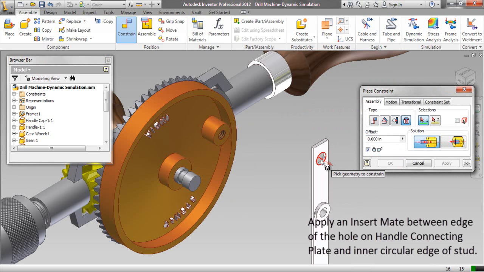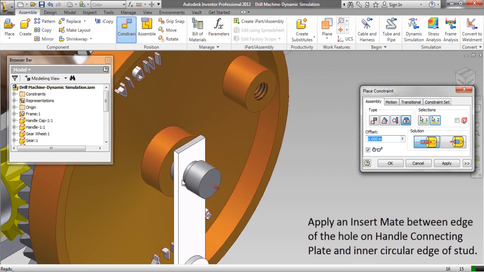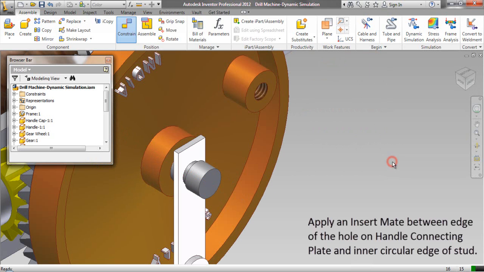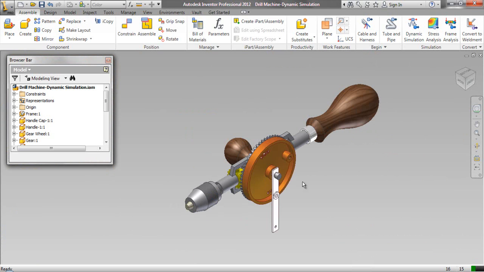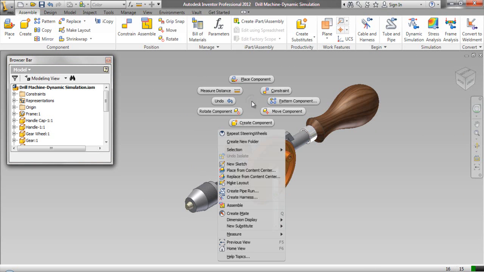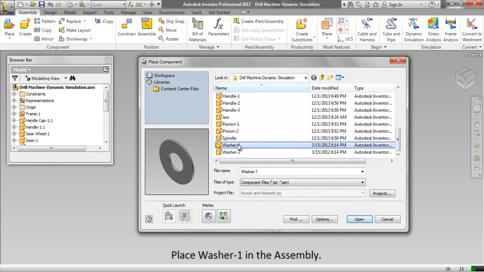Apply an insert mate between edge of the hole on handle connecting plate and inner circular edge of stud. Place washer 1 in the assembly.